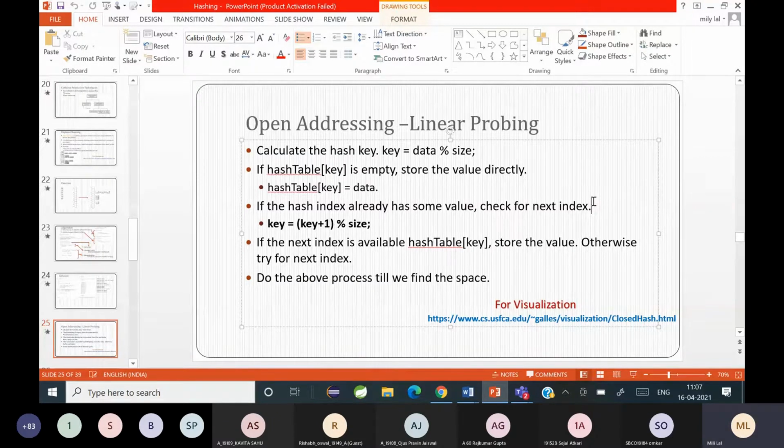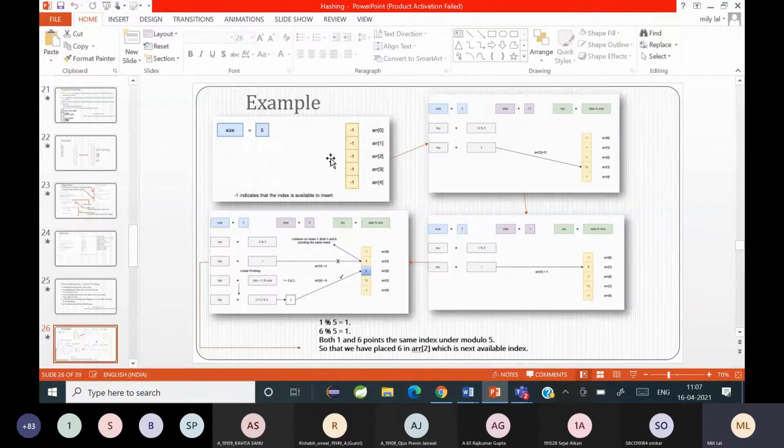Is it clear? See, you can see the example here. The size of the table is 5. So first the key 13 had to be inserted. So 13 modulo 5, the key value is 3. So that index 3 was free, so 13 got inserted. Then the next number is 1 modulo 5. So again, that gives you the key 1. Again, the index 1 is free, so 1 is inserted.